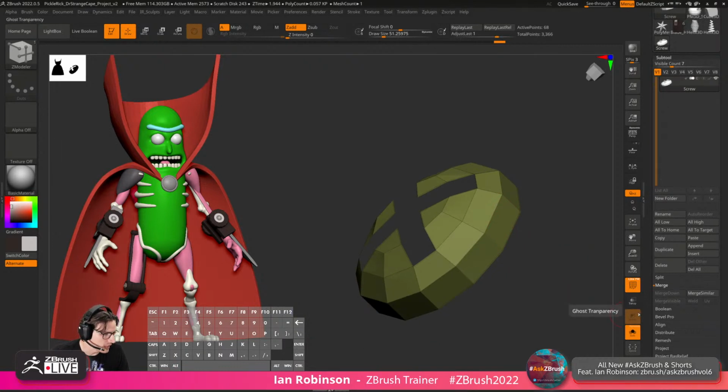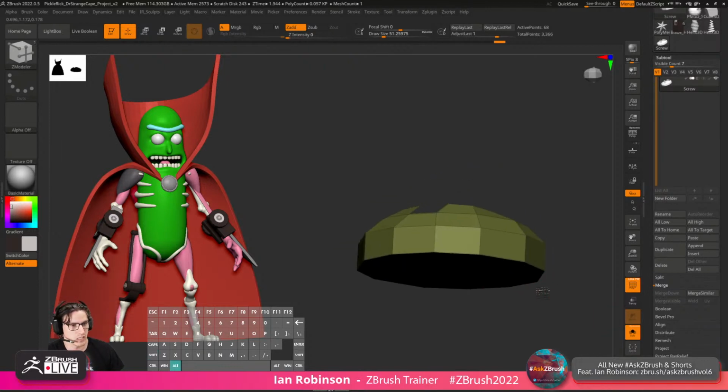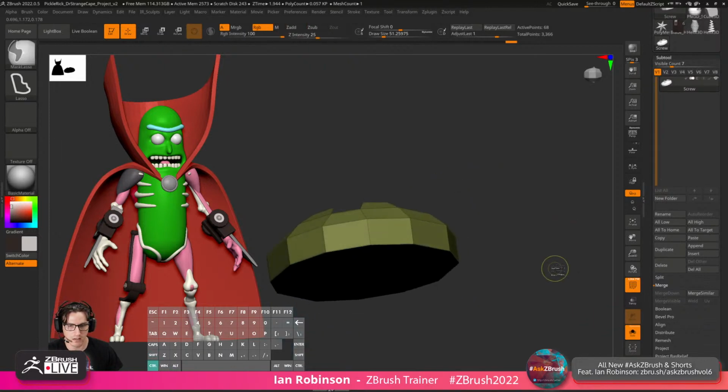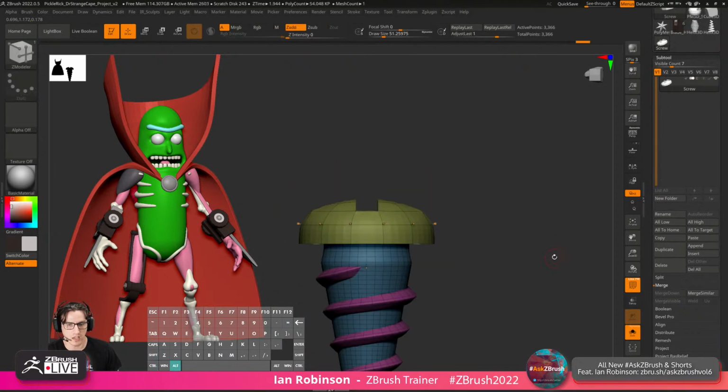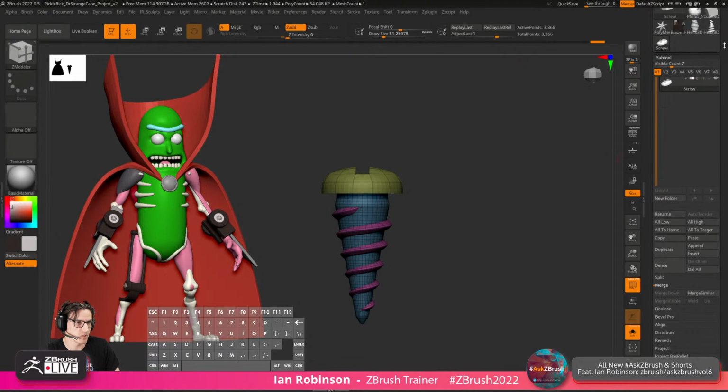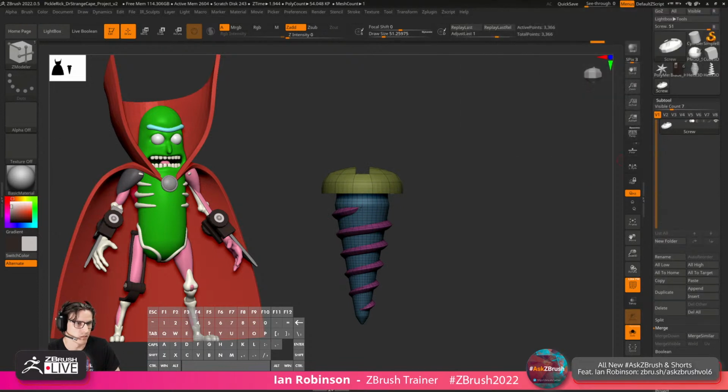How can I keep my edges aligned on the y-axis when I use ZRemesher? They like to get twisted when I ZRemesh a cylinder, for example. So when you're ZRemeshing, I'm going to back this up in time. There we go. What you want to remember when you're doing that, especially with a sphere, or a cylinder, is that